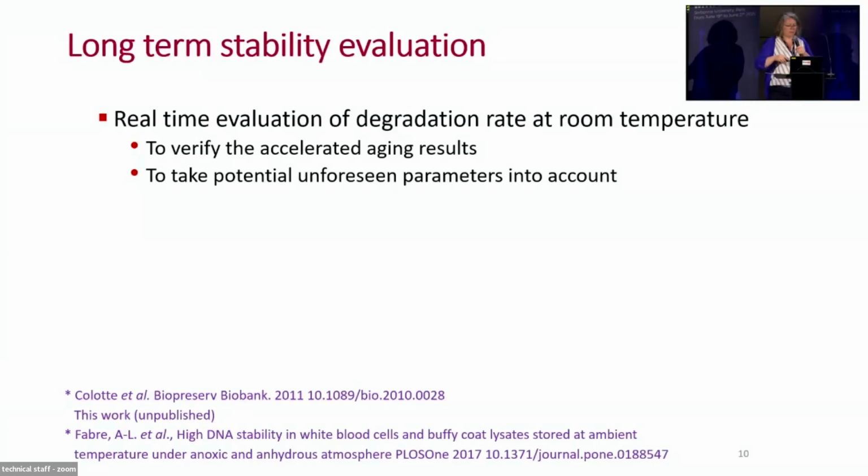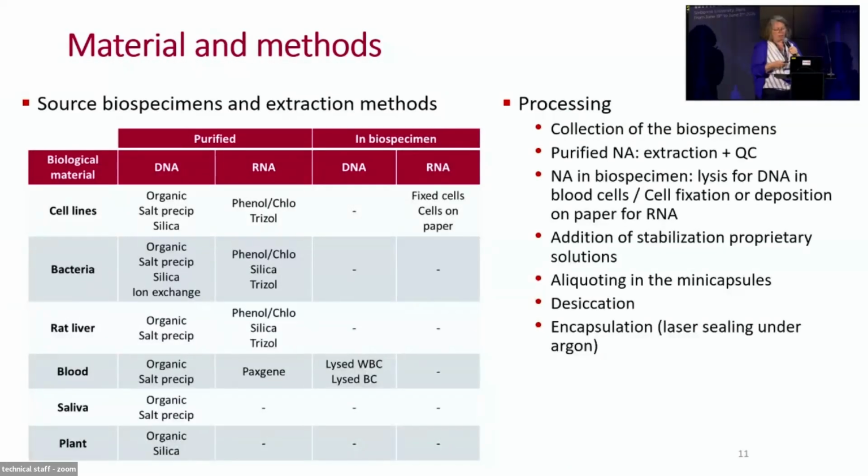So here I will show you a study that we started 15 years ago. The first objective was to generalize the use of the capsules for a lot of different materials, because in biobanking, you never know what you will have to store. So we collected a lot of different biospecimens, cell lines, bacteria, tissues, saliva, plants, and we extracted DNA and RNA